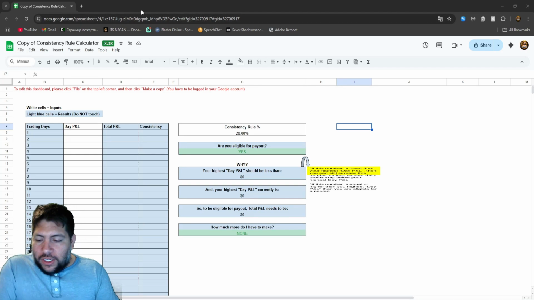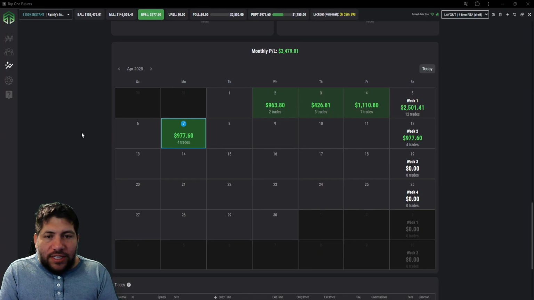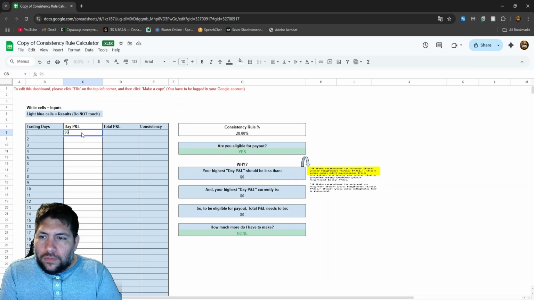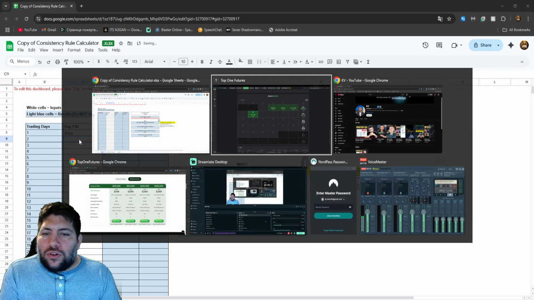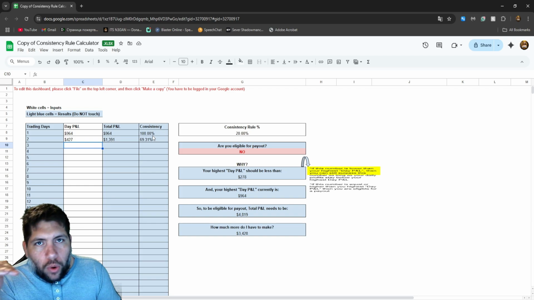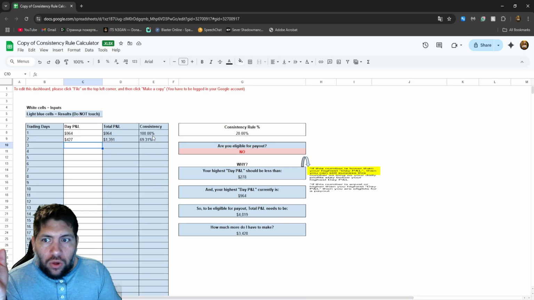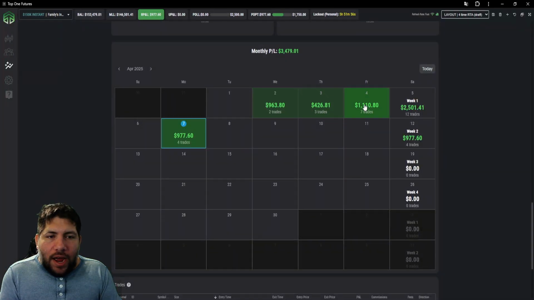So if I use this graph for myself with how I've done, on day one I made 963, and then on day two I made 426.81. So right now you see that my first day consistency was still at 100%, and it will always start at 100% on your very first day of trading on the account, or after you receive a payout. When you receive a payout, the consistency rule resets and you got to do it all over again. Then on the third day, I made